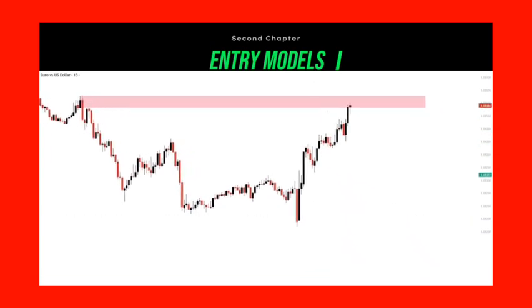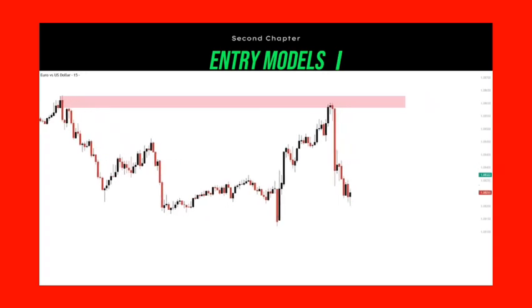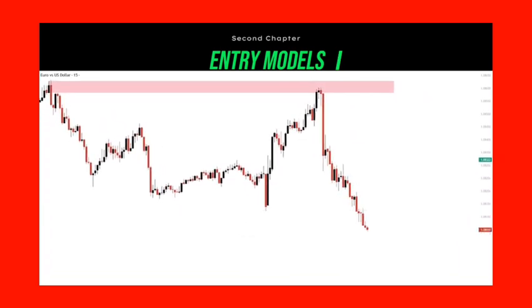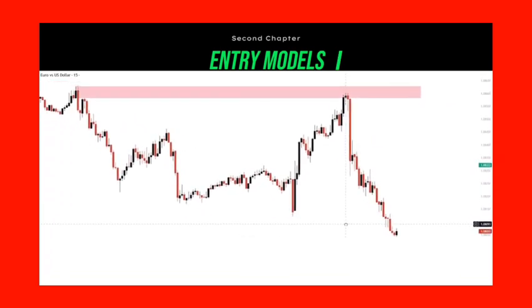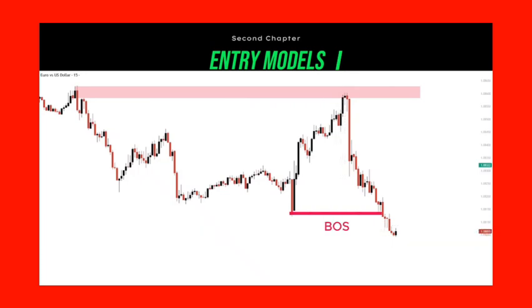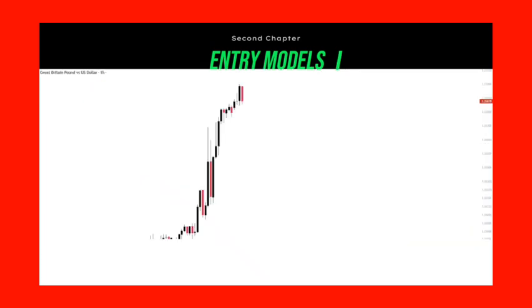So it finally rebalanced the market, and it met our expectations to reject to the downside. And soon after, it also broke the lows, essentially continuing the downtrend. Another example. This is a clear, very aggressive uptrend,